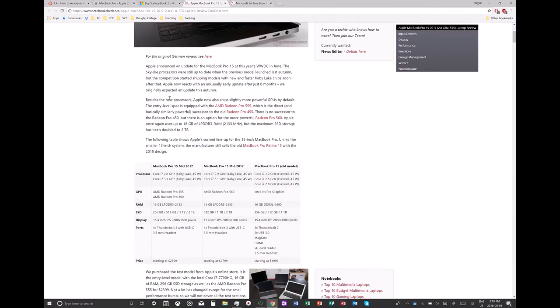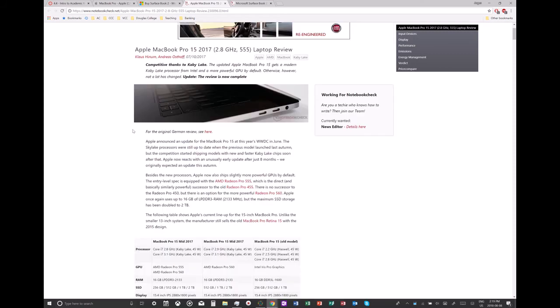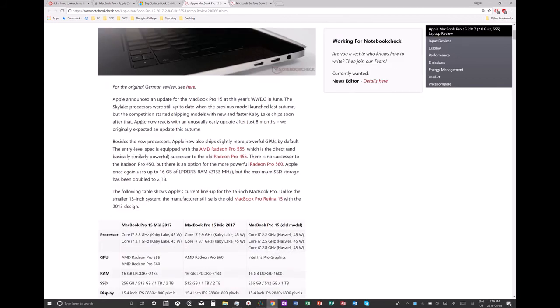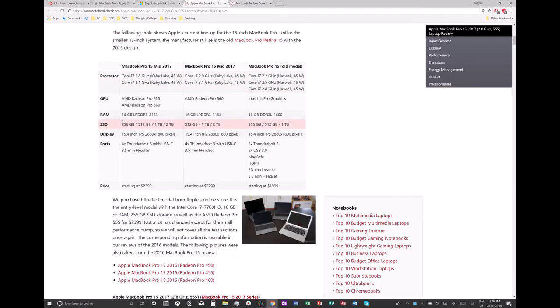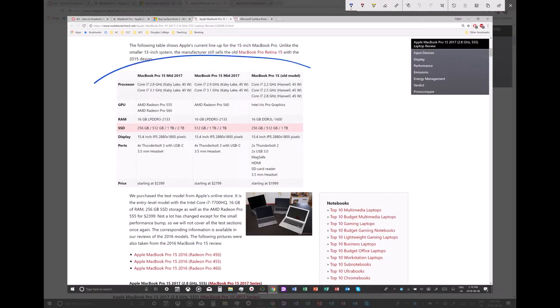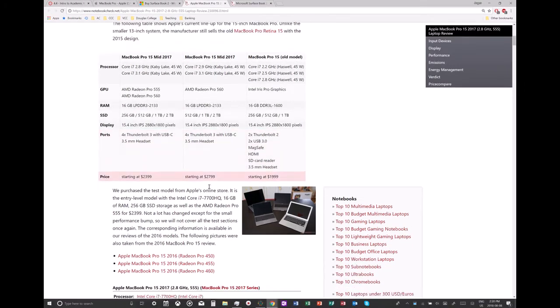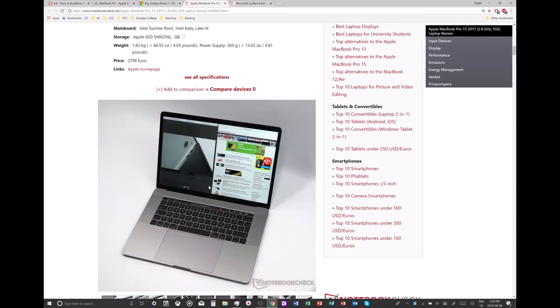So here, for example, this website compares the model that's happening right now, but they compare it with the past. So they have sort of detailed comparisons, and they really, really look at everything.